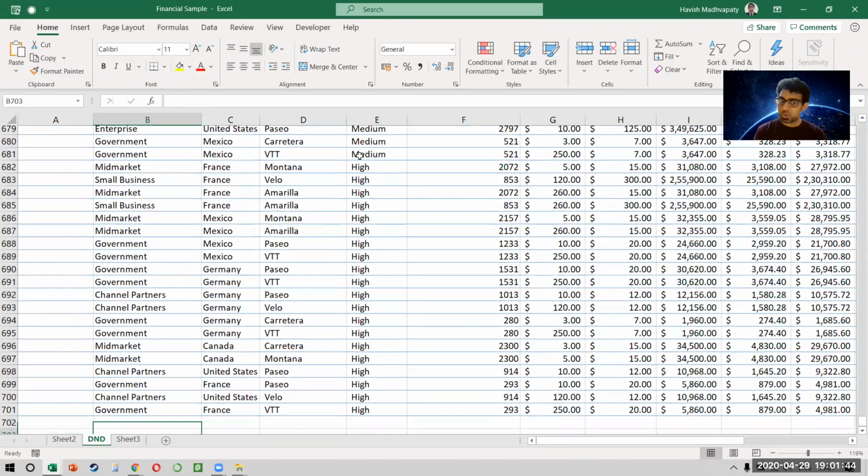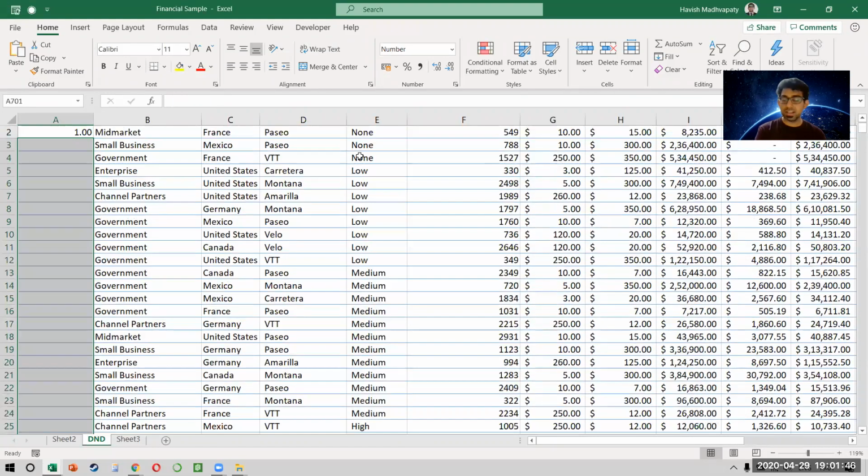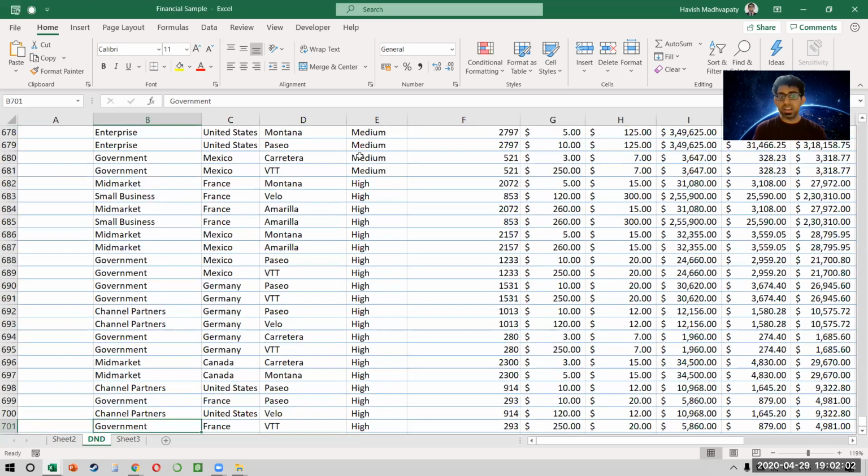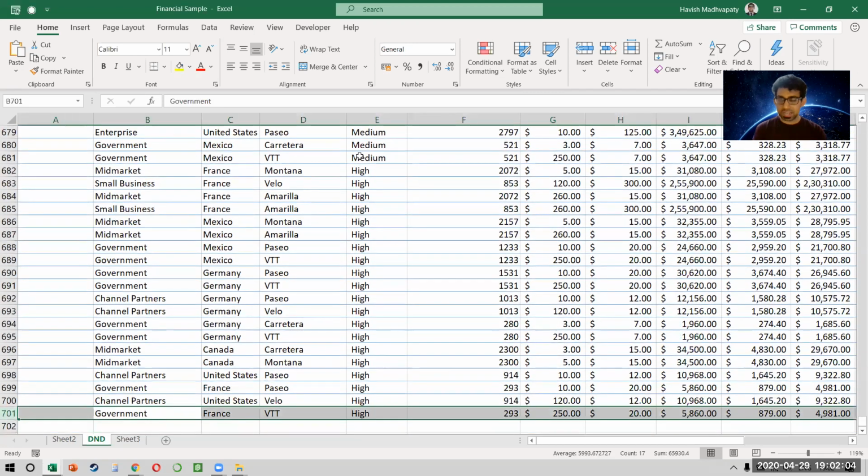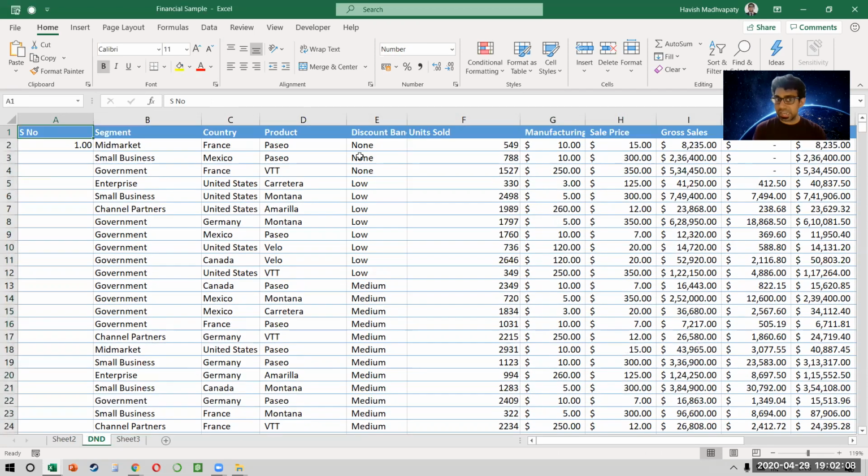This means that you will have to go to the file and find out which is the last row in your worksheet, and that becomes the stop number for you. But now every time you get a new data set from SAP, you have to again and again keep on doing this. So I need a way of somehow finding out what is the last row of my worksheet. For example, if my last row is 701, that means that my stop number will become 700, obviously, because I want to leave out the headache.